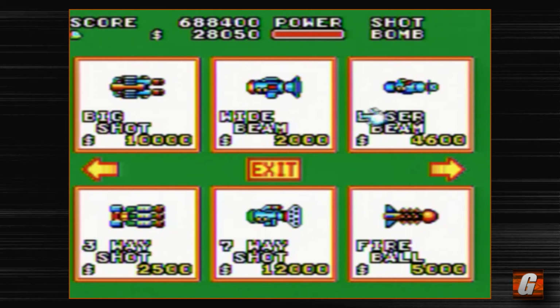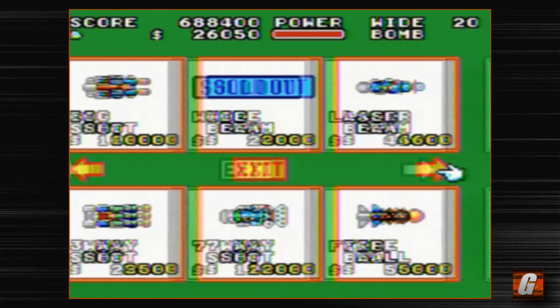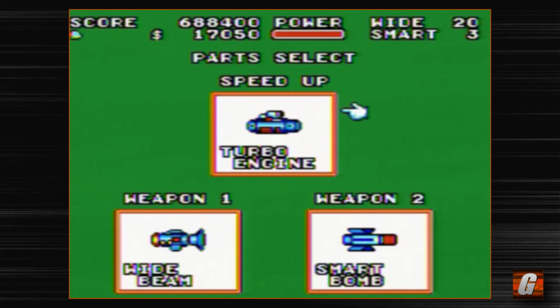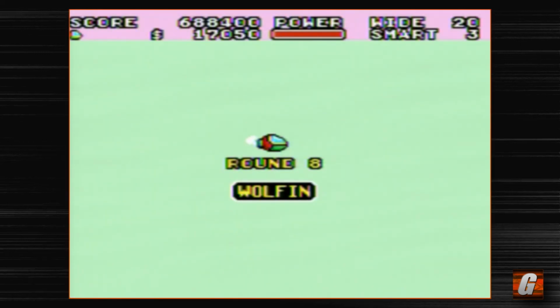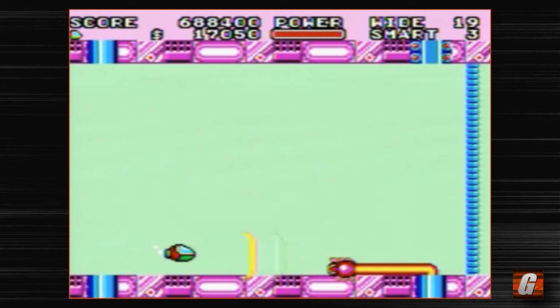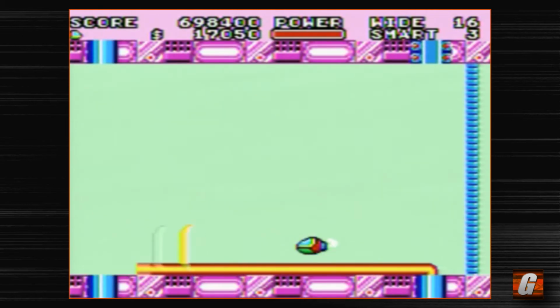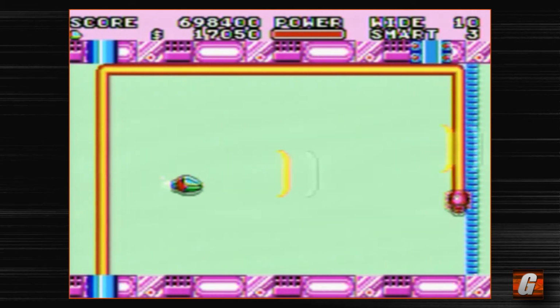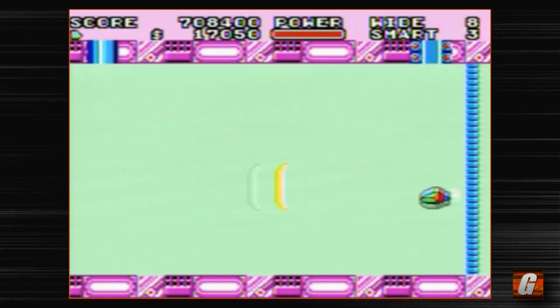I don't even know what any of these do. That's the problem. I mean, 3-way shot. Try the wide beam. Try the... I wonder if this will work. Let me try the smart bomb. And hope that the smart bomb works against myself. Well, the wide beam is not very powerful. Okay, so you can at least touch the...